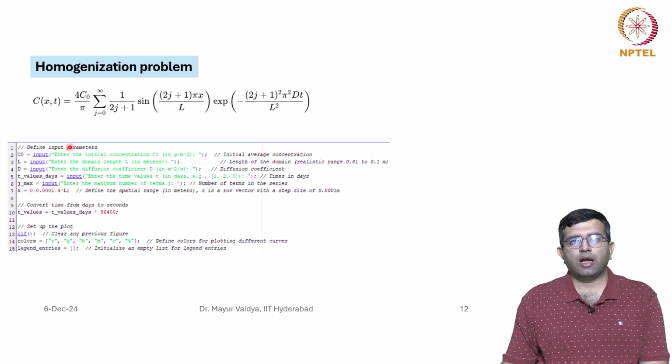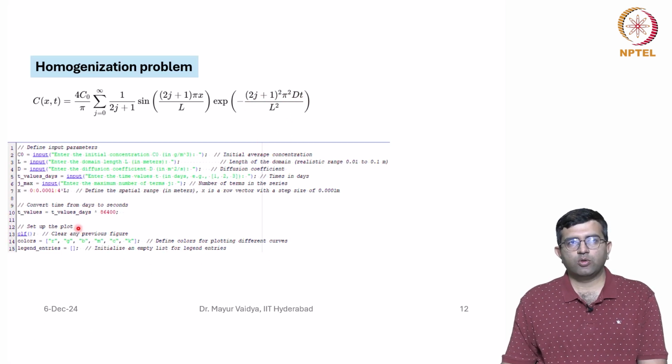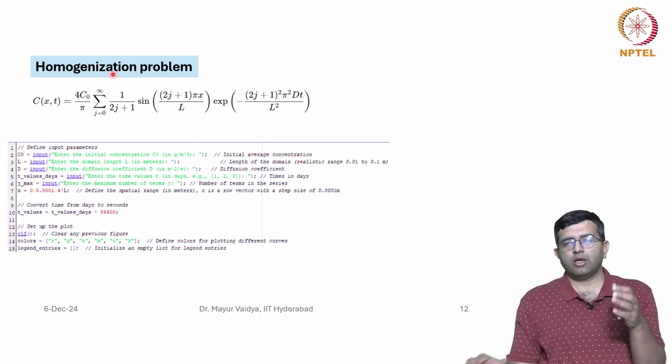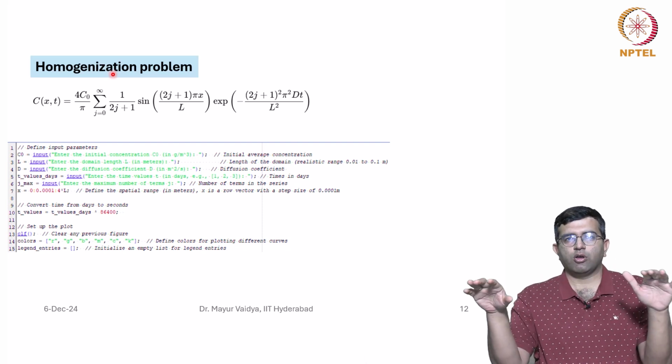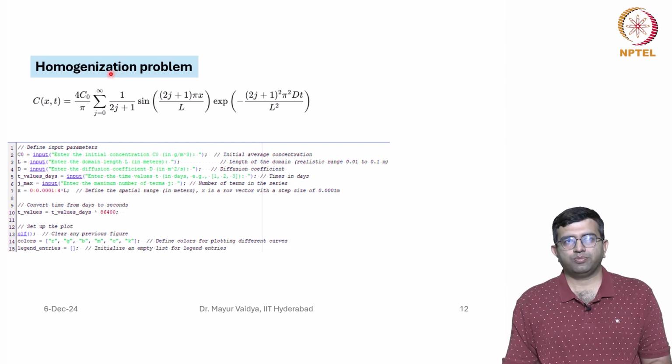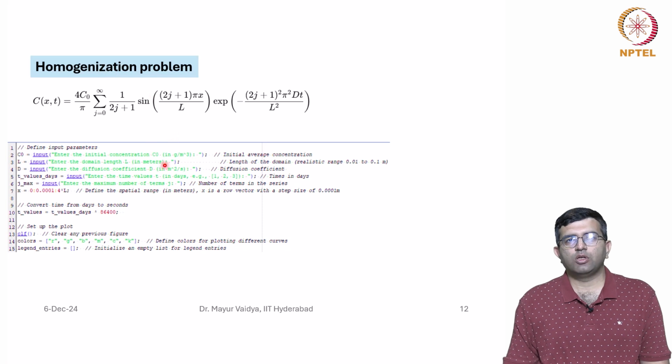So, here again I am not going through this. Here we are giving input initial average concentration. Remember, homogenization is done when you have a dendritic interdendritic structure. You want the overall composition to become uniform. L is equal to your domain length, D is input diffusion coefficient, T is the values in days, J is